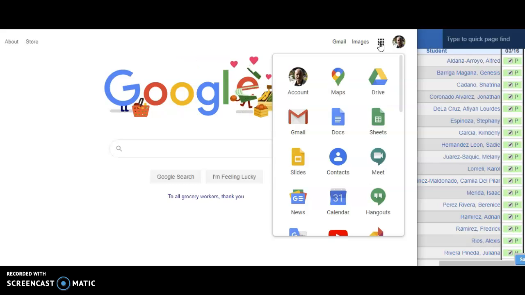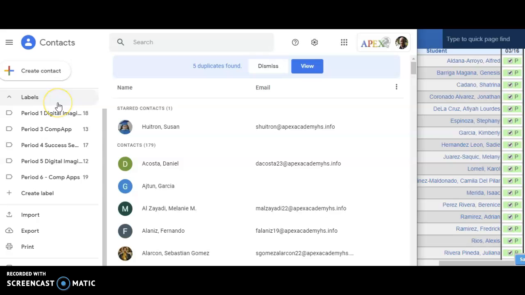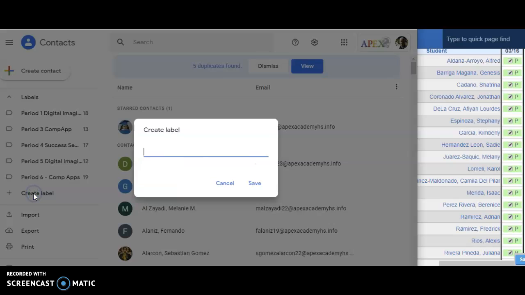your apps, and you're going to go to the contacts, and they're called labels. And to create, you can see it here. I have period one, period three, period four. You can label them. So I'm going to create a period seven. So I'm going to create a label,